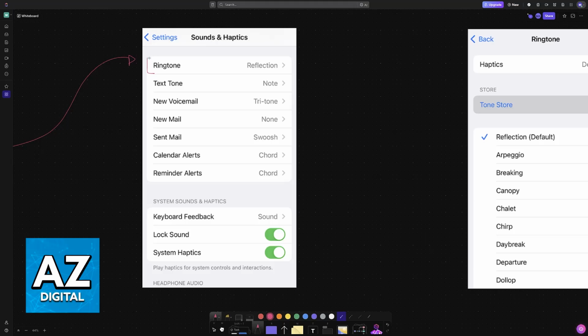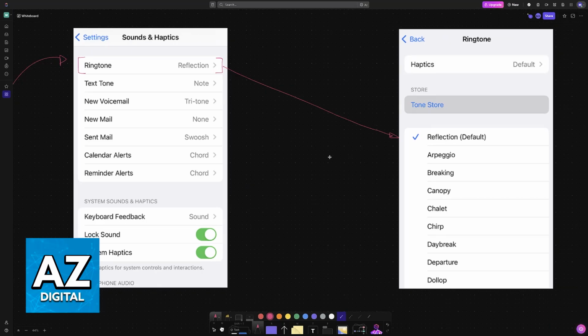And as you might expect, by changing the default ringtone on your iPhone, it is going to be reflected across Messenger and any other applications. Sadly, for whatever reason, they don't allow you to change this inside of the app, so you will have to customize the default ringtone. Once you change the default ringtone on any iPhone, including the 14 Pro Max, it is going to be reflected to the Messenger app.